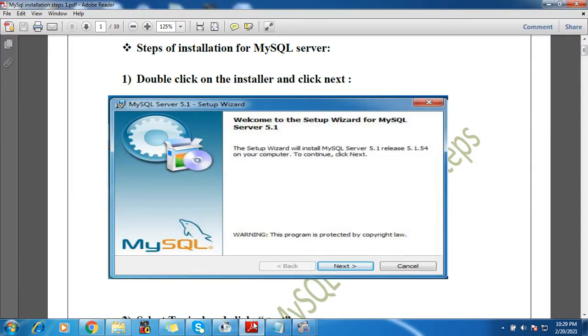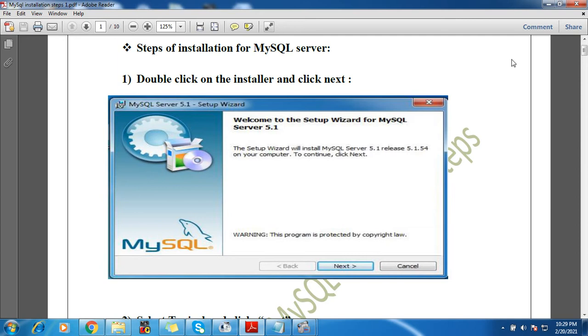In such cases, disable your antivirus for a while, go for the installation, and again you can switch on your antivirus. On my device it was not a problem, so I have directly installed it.